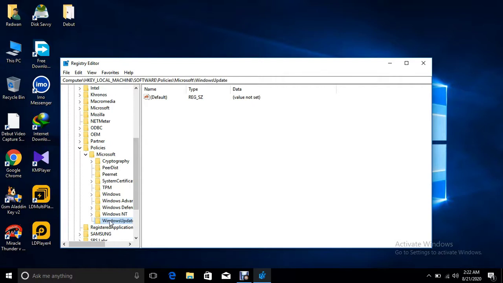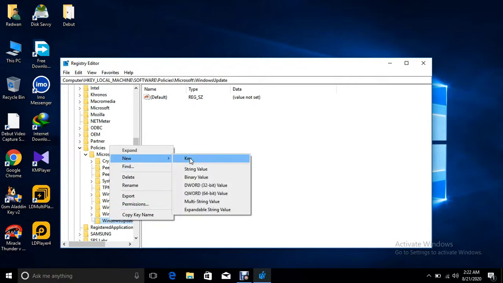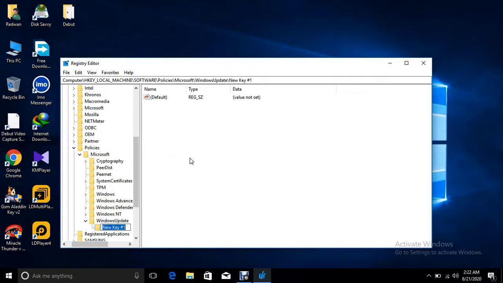After that I will create another key. Here I will right click on WindowsUpdate, then New, Key. I will name it AU, capital AU, and I will press enter. After that I will set the value.